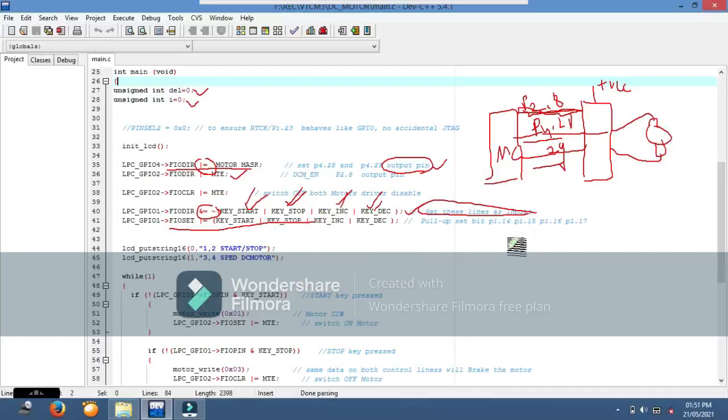So always when it is an input port, we need to set the pull up registers. In the sense, actually each key is connected with some pull up circuitry. Here there is a transistor and VCC, so VCC will be there.